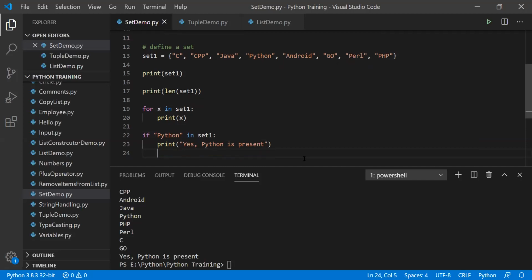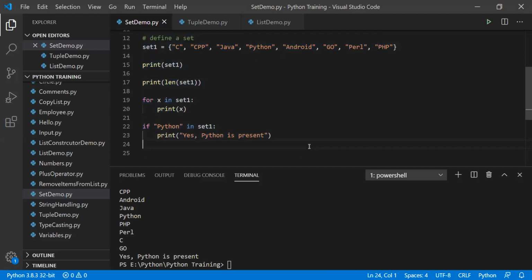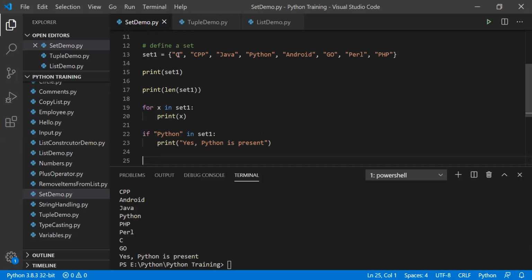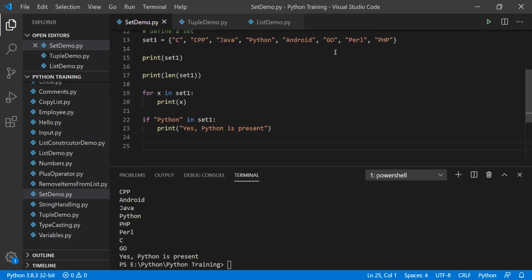So that means fine, there is no indexing, but it knows the values. And we can understand that with the example here. We already have seen when there were two C's, it showed only 7 elements. That means it can identify the values, or the elements. So if there are duplicate elements, it will remove them. So that's how we can check the values.